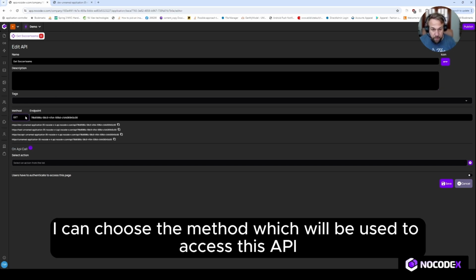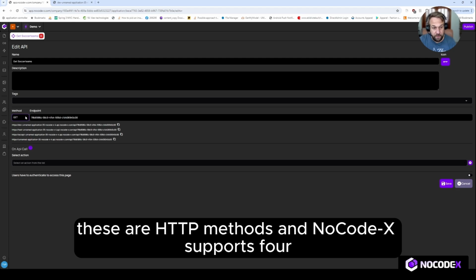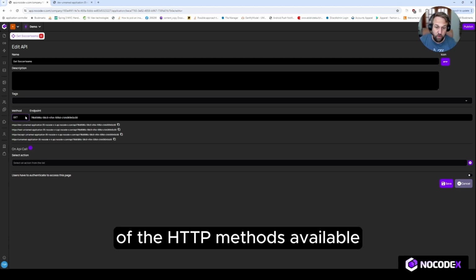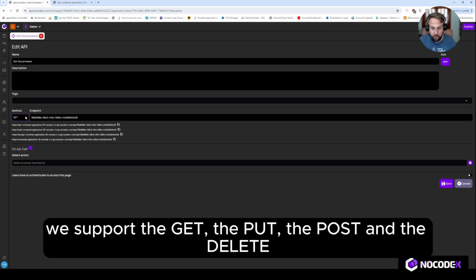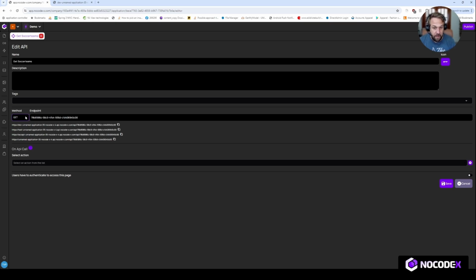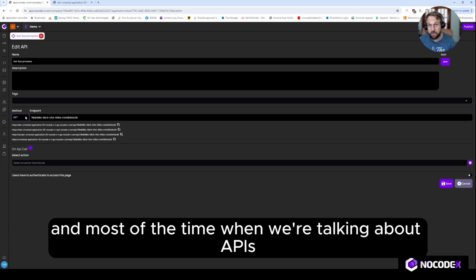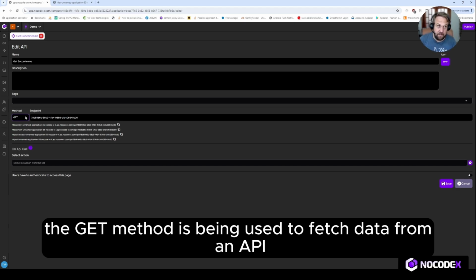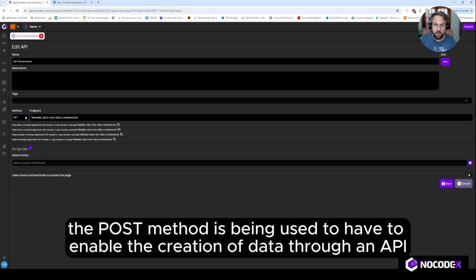I can choose the method which will be used to access this API. These are HTTP methods, and NoCode-X supports 4 of the HTTP methods available. We support the get, the put, the post, and the delete. And most of the time when we're talking about APIs, the get method is being used to fetch data from an API. The post method is being used